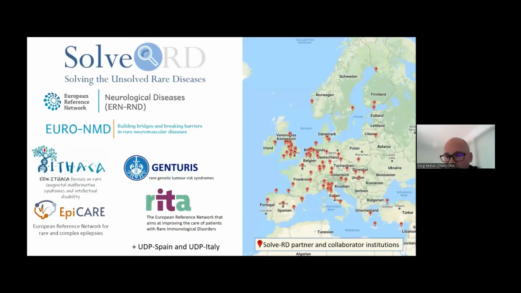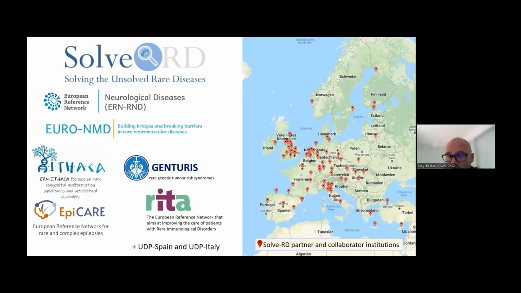So I'll just briefly describe a few of these projects that we are working on. I'll try not to extend myself too much, so we have time for the demo. The first one is SolveRD. I think it was Aina who mentioned this one also. So this is one of the main rare disease projects in Europe currently, and it is heavily based on the ERNs. The ERNs are the European reference networks of expertise, clinical expertise on rare diseases.